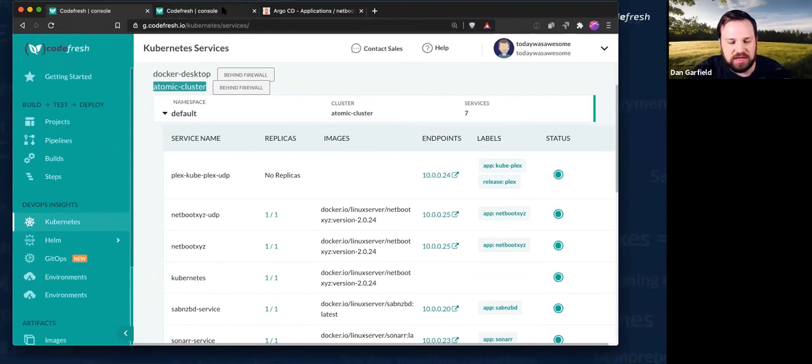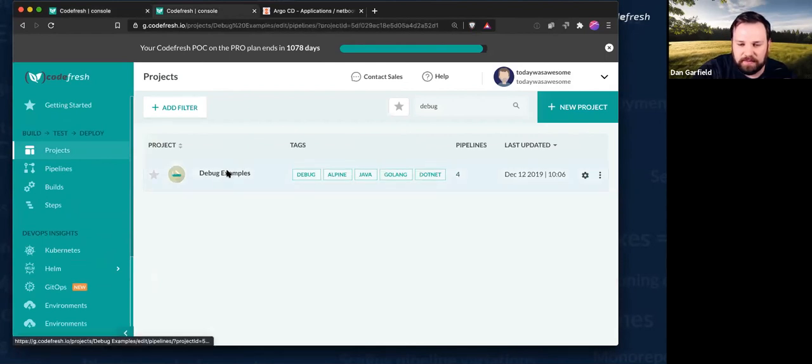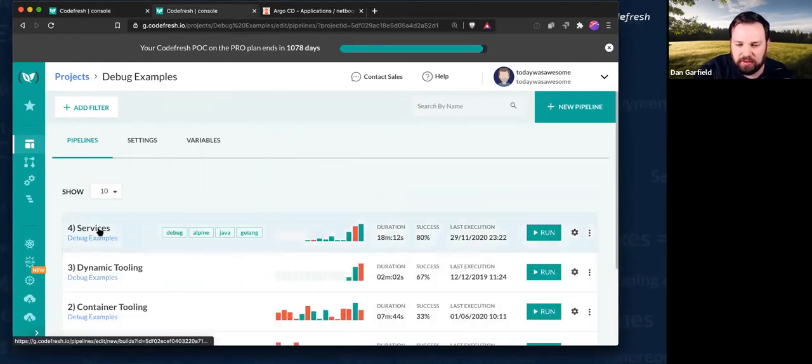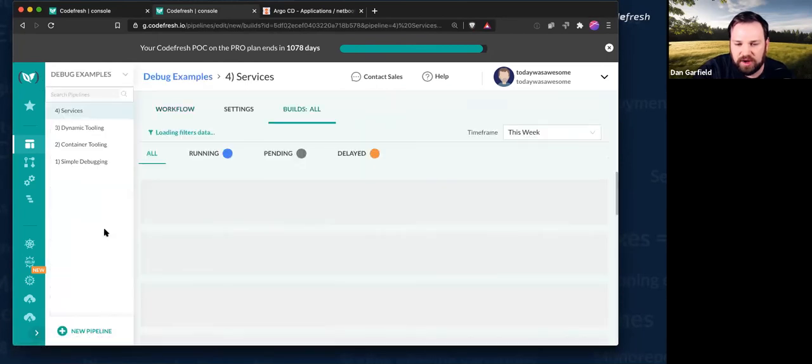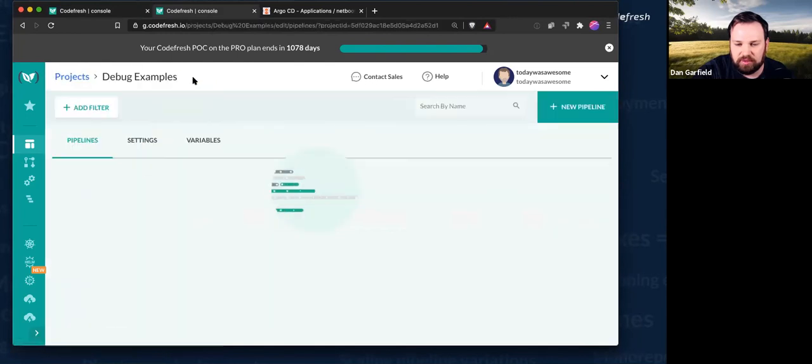I can actually reference a cluster as an object in my pipeline. We'll just pull any random pipeline here really quick. Let's say that I wanted to deploy to this not using my GitOps step, but just for an example.